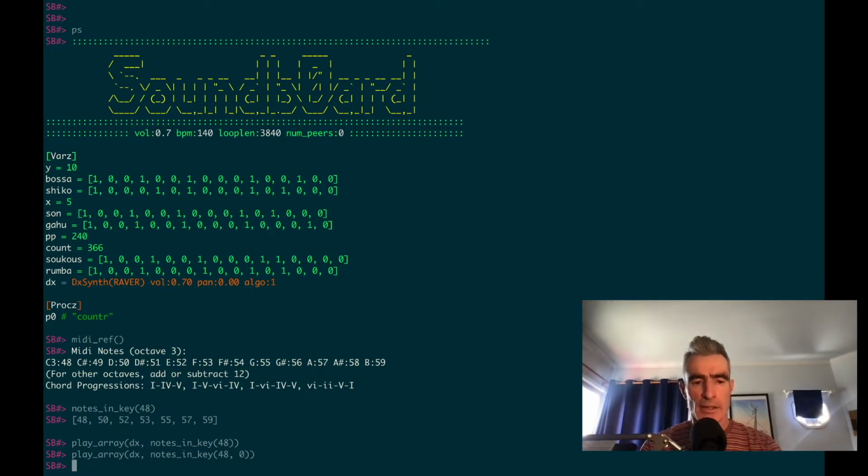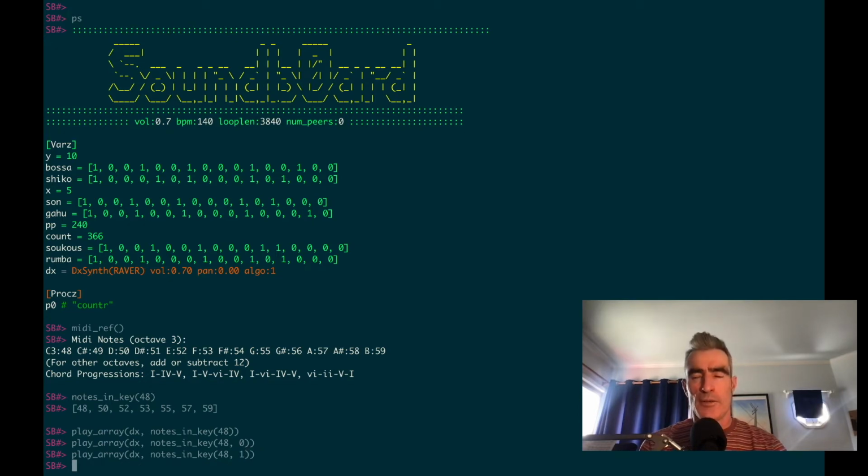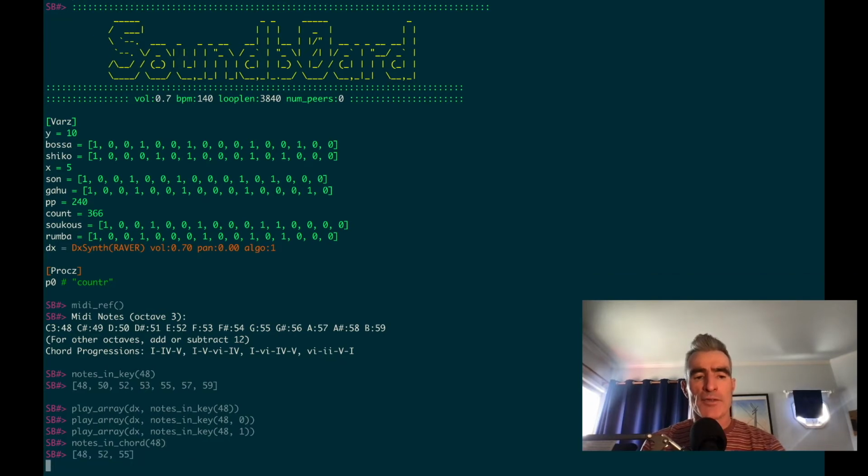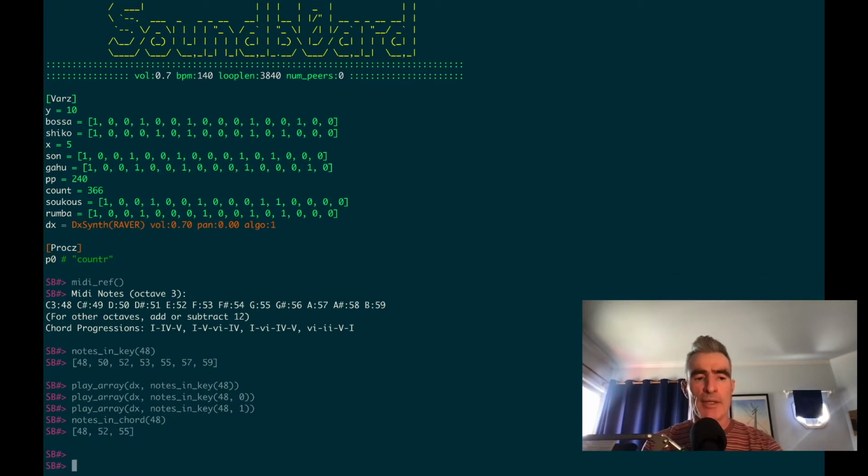We can get back a minor scale with this. Actually I really should add in a pentatonic, but that's not in there at the moment, but easy enough to add. So that gives us a scale, that's pretty good. We can also do notes in chord. If we want a C chord, we'll stick with this middle, or C3, and we can see here we get the C, we get the E, and we get the G. I just double check, yes, there we are, E 52 and G is 55, so we get a C chord,